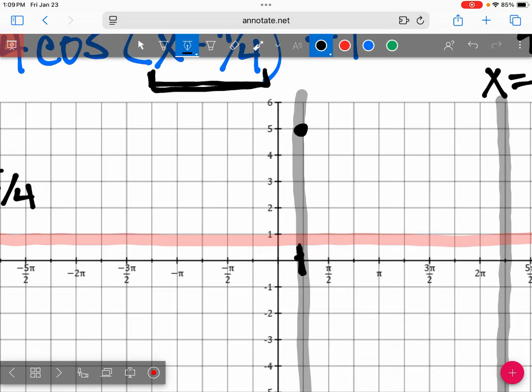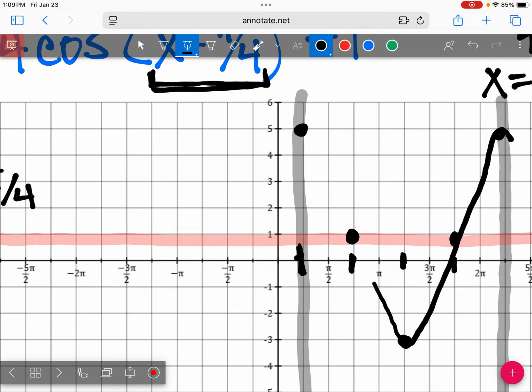Then I'm going to rotate 90 degrees, which will be right here, and I'm going to go to the middle. And then I'm going to go another 90 degrees, which is right here, and I'm going to go down 4 from the pink line. 1, 2, 3, 4. So I'm right here at -3. And then I go back to the middle, and I end at the top. So this represents